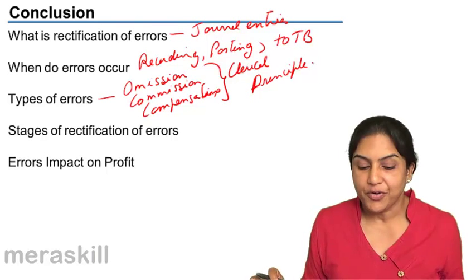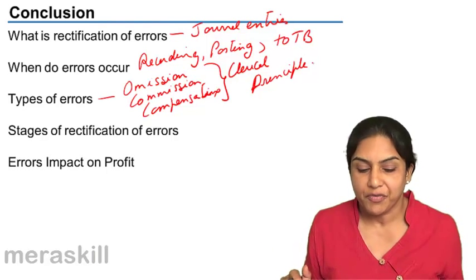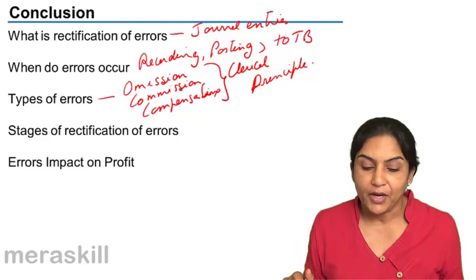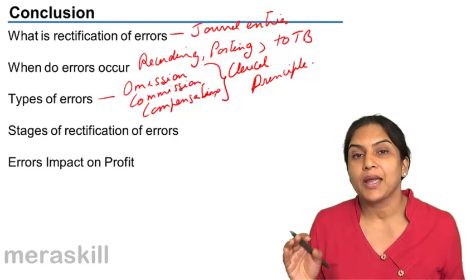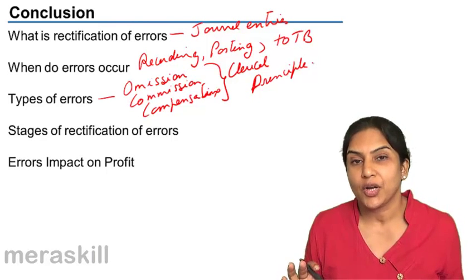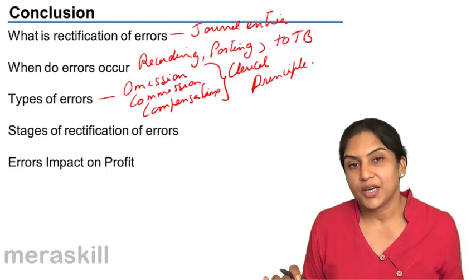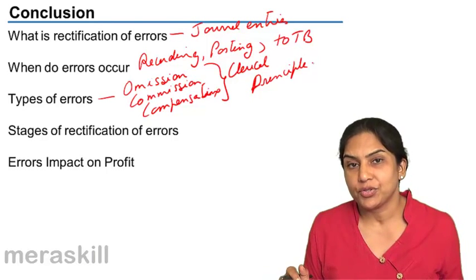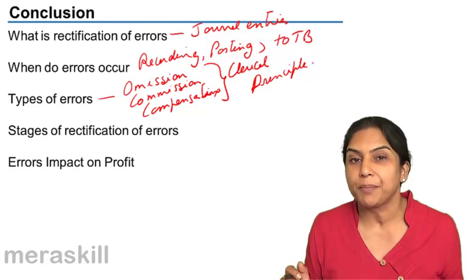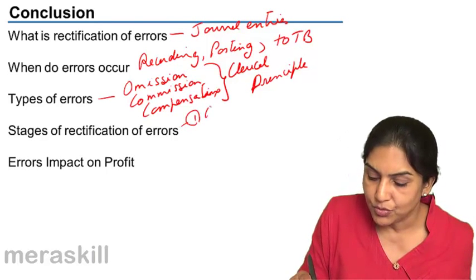The stages of rectification of errors. Now, when can we rectify the errors? It depends on when we find out the errors. If we find out the errors before a trial balance is prepared, then we rectify entries in a particular manner. For one-sided errors, we do not pass journal entries. If we detect these errors after preparation of a trial balance, so if I just write, this was before TB,